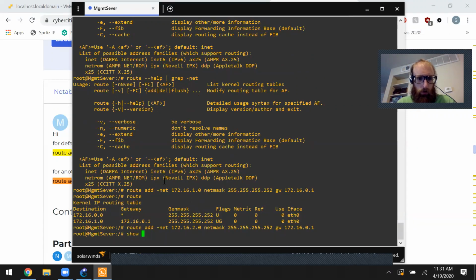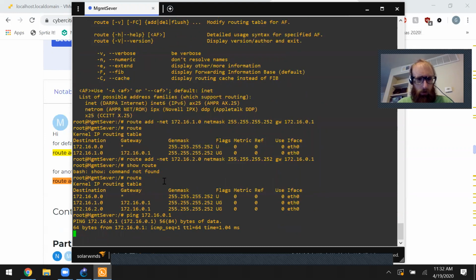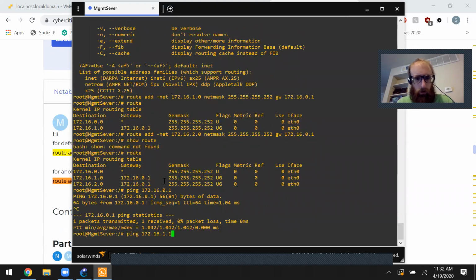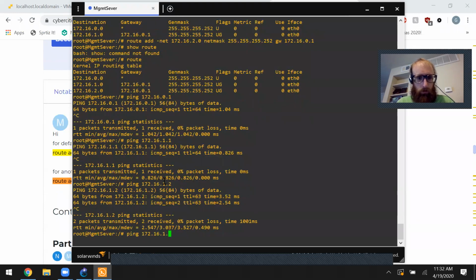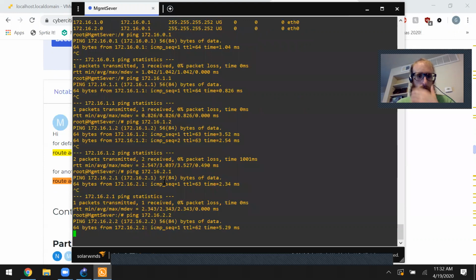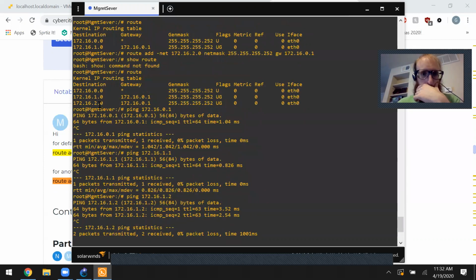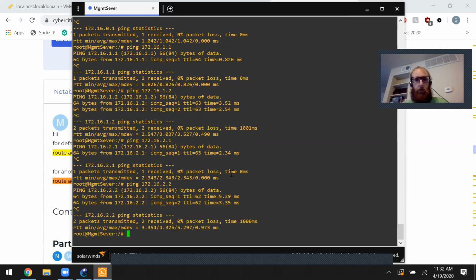Okay, so let's see here. Ping 172.16.0.1, perfect. 1.1, perfect. 1.2, perfect. 2.1, perfect. 2.2, and you can see we've got a bit of a better route here than what we had before. But yeah, everything looks good on here. So now we're going to need to set up